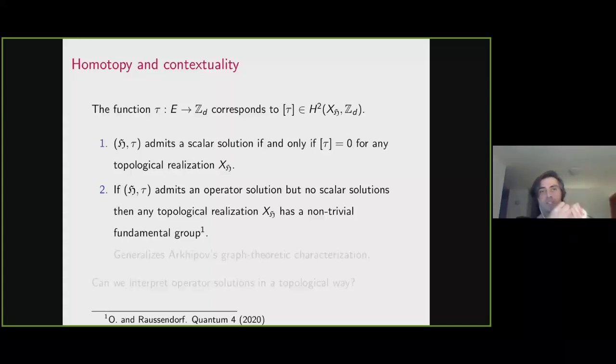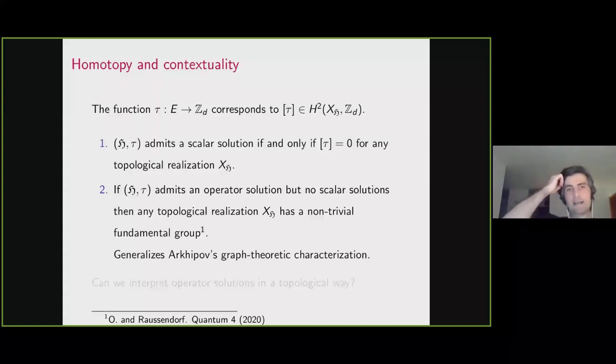So we know the Mermin star and square linear constraint systems are contextual, and we have these two non-contractible loops in the torus. And this is a general phenomenon that happens for solutions of linear constraint systems. In a way, this is generalizing Archibald's group theoretic characterization of contextuality, which only applies to the d equals 2 case and certain types of hypergraphs. So more precisely, we are actually generalizing only one direction,